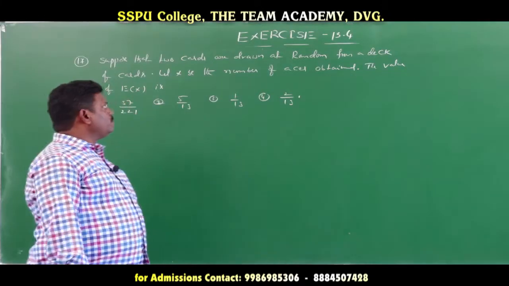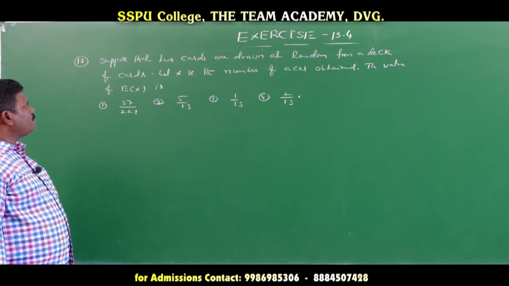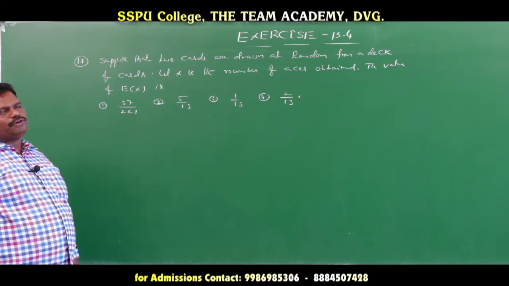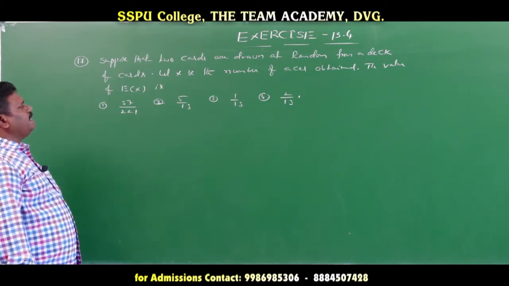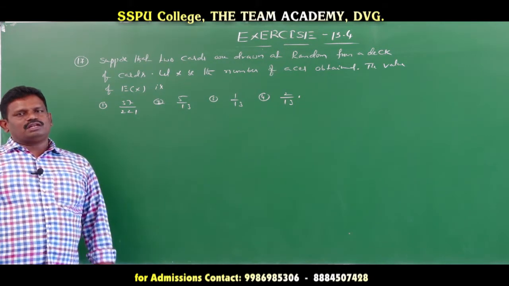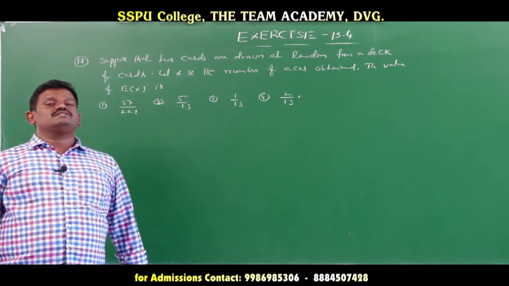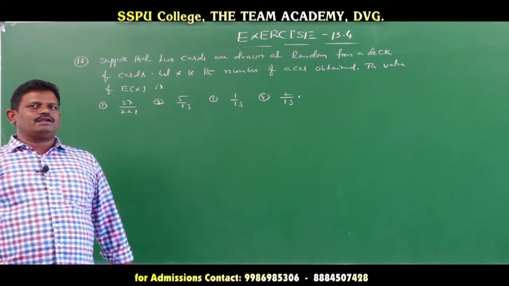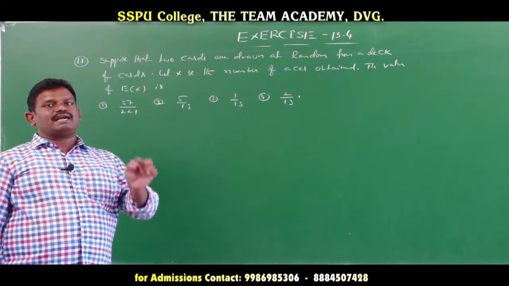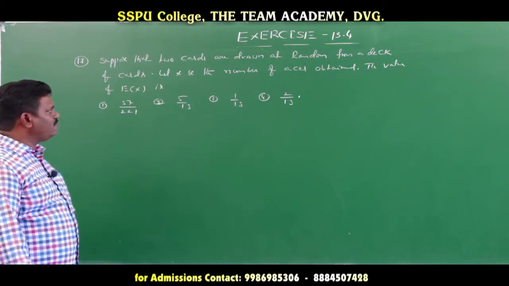In my last bit in that model, suppose that 2 cards are drawn at random from a deck of cards. So 52 cards there, out of 52 cards, 2 cards are selected. Let x be the number of aces. How many ace cards are there? Totally 4 ace cards. If both cards are aces, the maximum number is 2, the minimum number is 0, so 0, 1, 2 are the possible values of x.